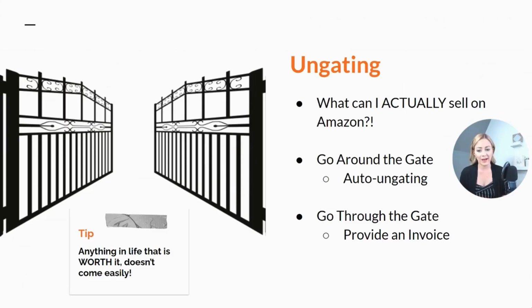As you can probably imagine, this is really frustrating for a lot of new sellers. But a little tip over here, anything in life that is worth it typically does not come easily. And that is definitely how Amazon works. You're going to be very limited to what you can actually sell at first. Typical categories that you're able to sell in as a new seller are crafts and pet supplies, things like that. But to sell grocery, health and beauty, and toys, you're going to have that gate up and you will have